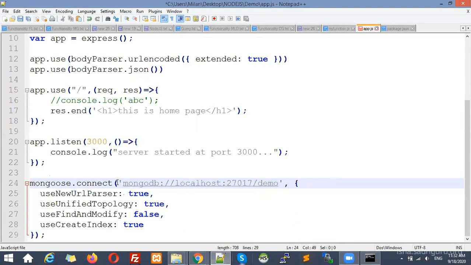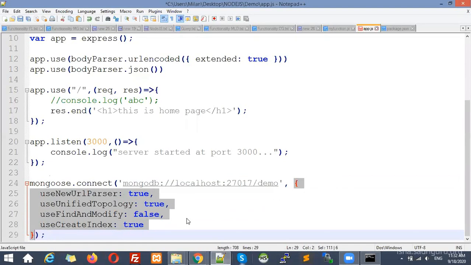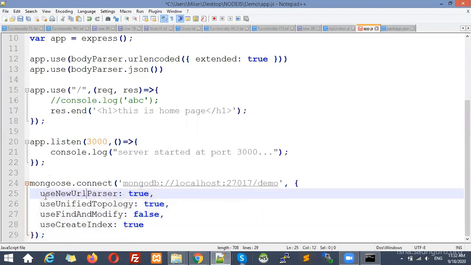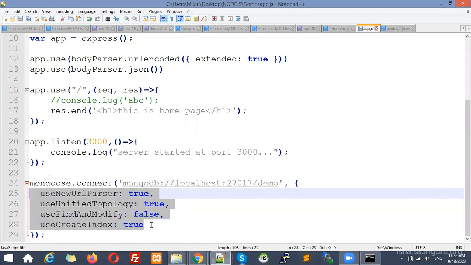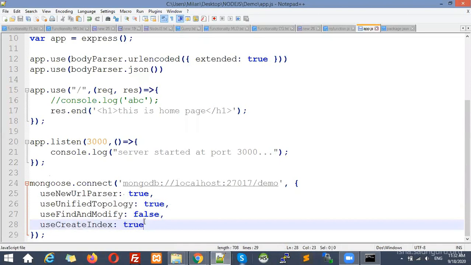And these are the parameters. See, here you can see this is the bracket and this is the ending bracket. After that, first parameter is the connection string, and second parameter is the options. These are the options. That means we want to use new URL parser true, use unified topology true. These are a few of the options that we can mention. We don't need to go into detail for those options. This is for a few deprecation options. That means if you want to suppress some of the warnings, you can write those over here.